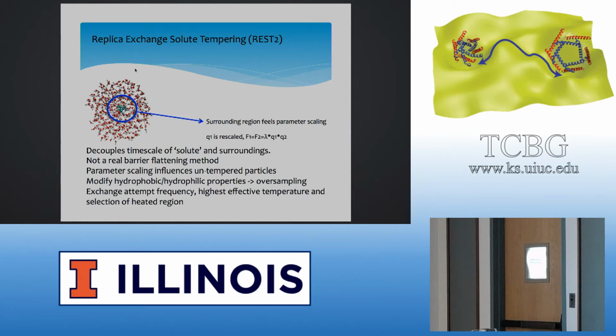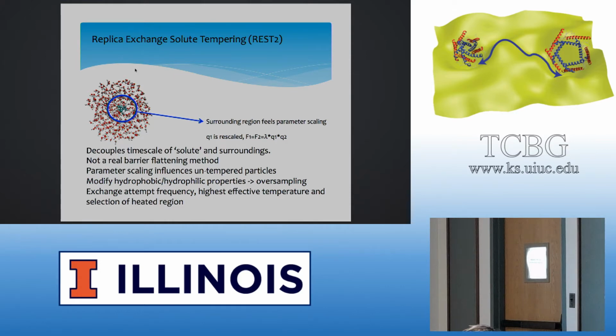This decoupling could completely destroy the local structure. For example, in the protein folding problem, if given a big protein, you are only interested in the sampling of a local helix, but if you apply too strong REST2 simulation, as a result, you destroy the structure of the whole protein. So later I will show empirically how to choose a reasonable